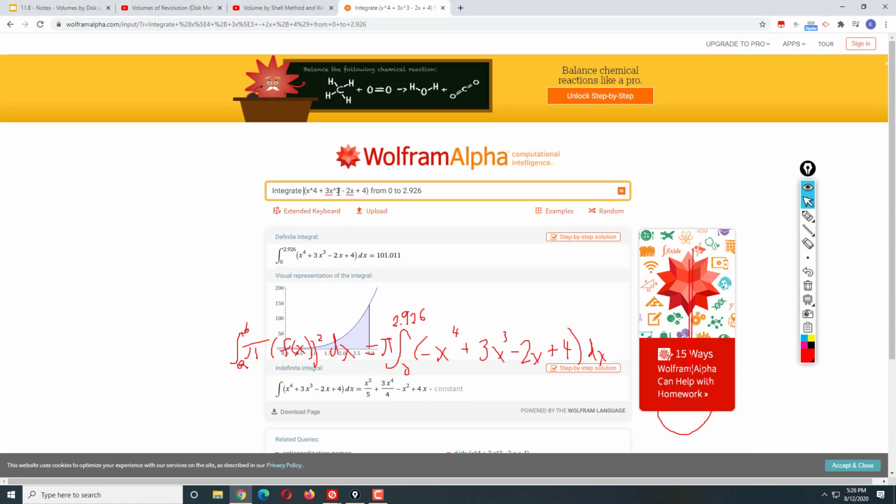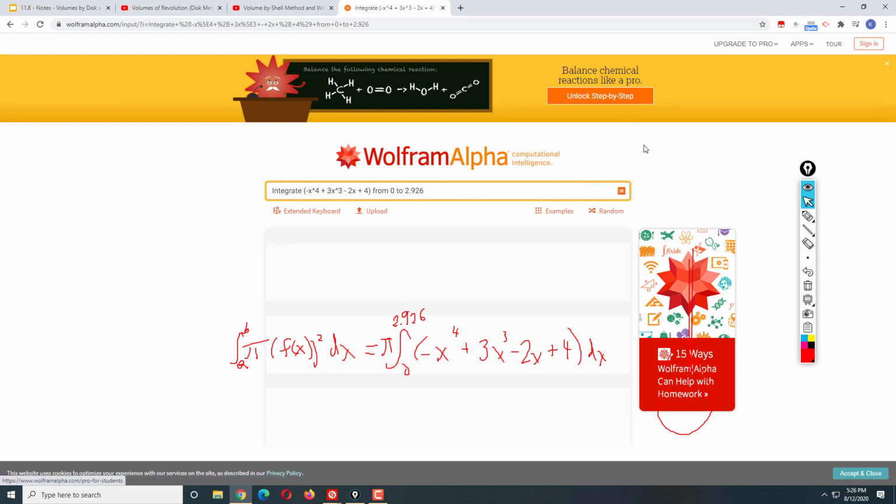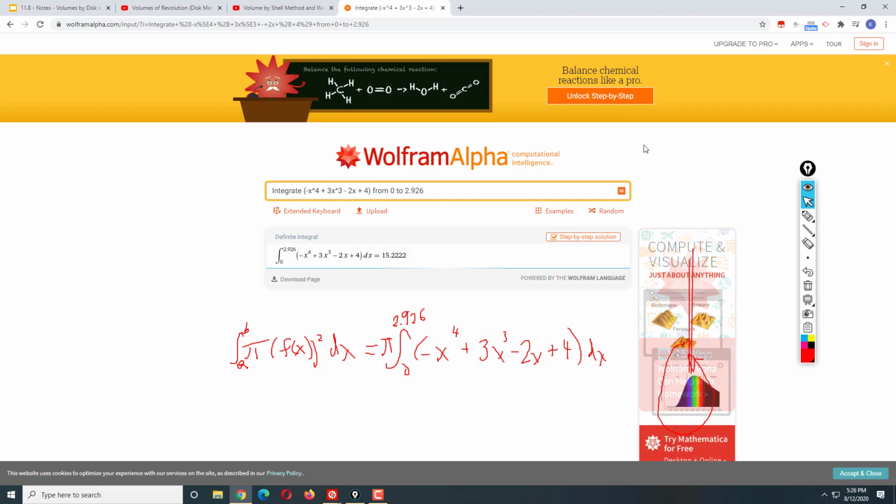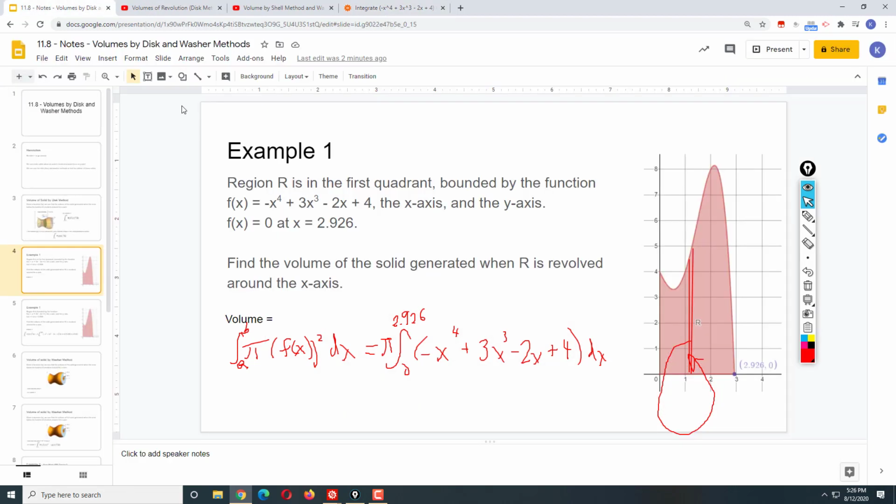Be careful. I made a mistake and I made a typo. It's negative x to the fourth, not x to the fourth. So it's really 15.222. So that means that this is equal to pi times 15.222. It's really approximate. So 15.222 pi